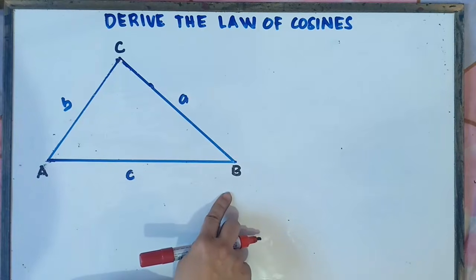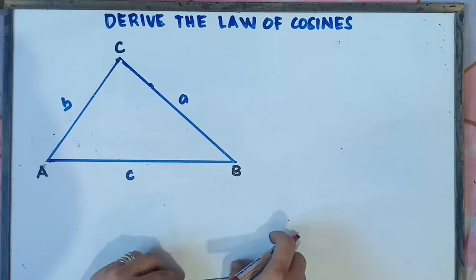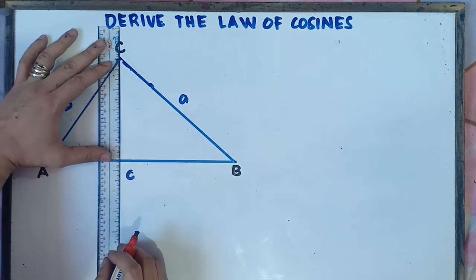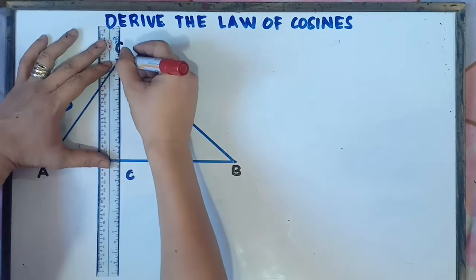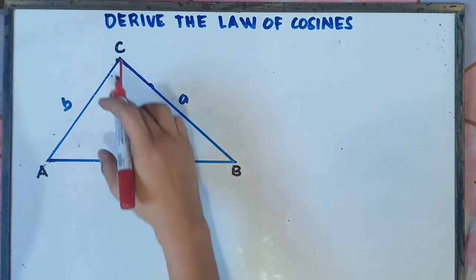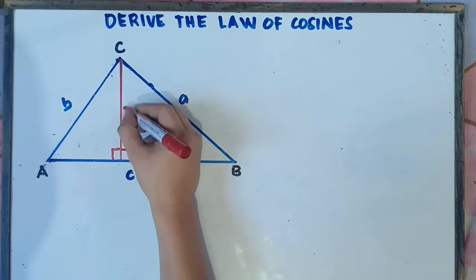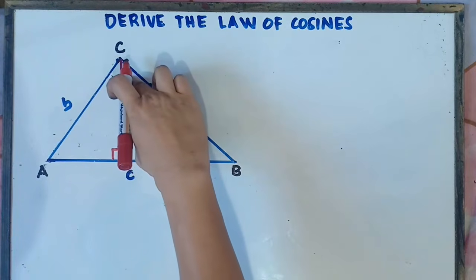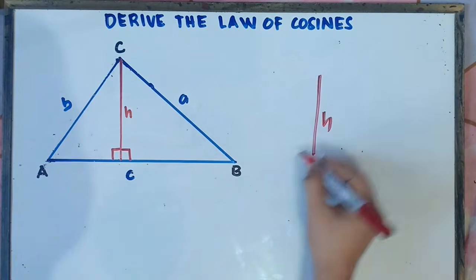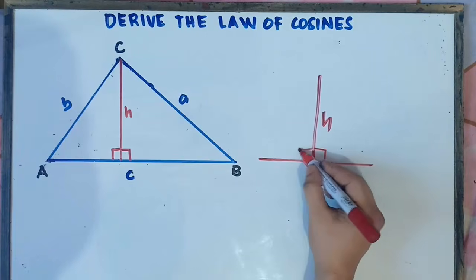What do you mean by perpendicular lines, sir? Perpendicular lines, two lines intersect each other and form a 90 degrees right angle. Example, class, this one right here. I will draw a line from this angle C going to side C, in which the lines are perpendicular. It forms a 90 degrees right angle. I will label this line as H. So therefore, line H is perpendicular to side C because when they intersect, it forms a 90 degrees angle.